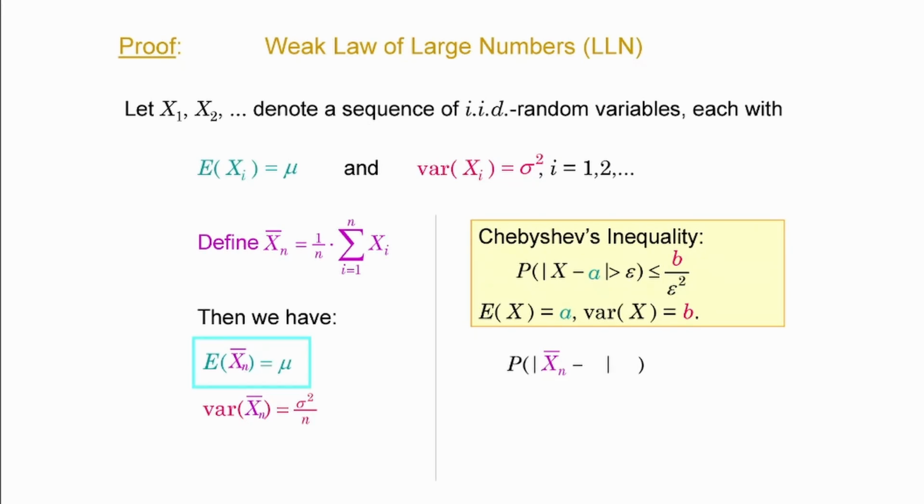not further away from its expectation than a predefined distance, which is epsilon. The probability of the distance between the sample mean and the population mean, which is mu, exceeding a certain value is not going to be greater than the variance of the sample mean, which is sigma squared by n, divided by the square of the distance that is not supposed to be exceeded. So that's simply putting together Chebyshev's inequality and applying it on the sample mean of those random variables. And you need to have the mean and the variance for that.